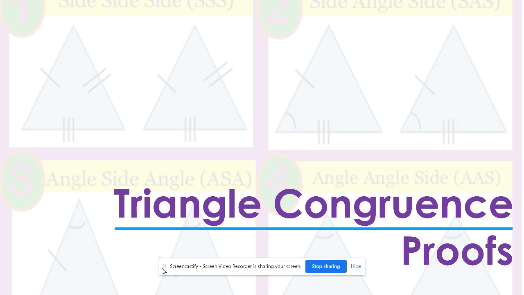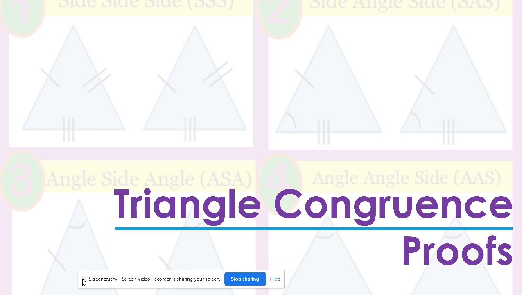Okay, so we've learned about congruent triangles. We learned about side, angle, side, angle, side, angle, side, side, side. We've learned how to write congruency statements and what those mean. So now what we're going to do is apply something we talked about earlier in the year, proofs, to these congruent triangles. Or in other words, what we're trying to do here is take two triangles and